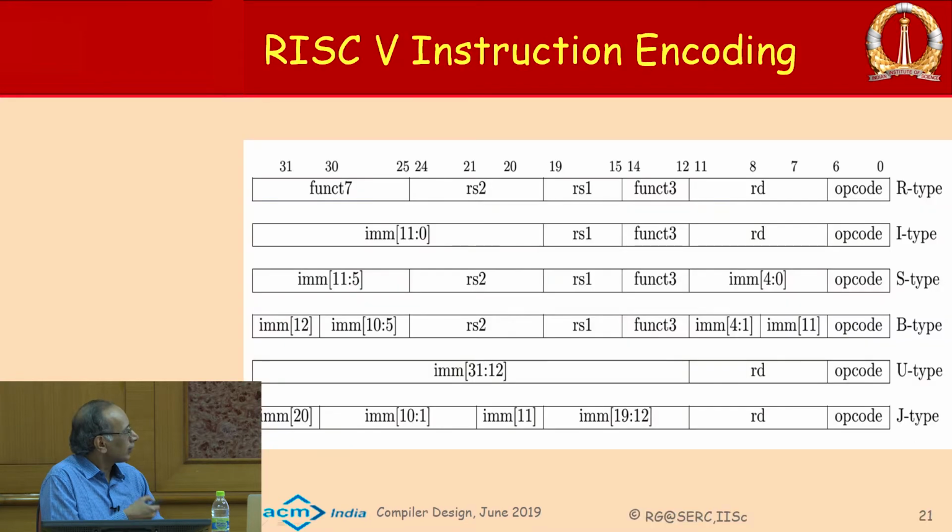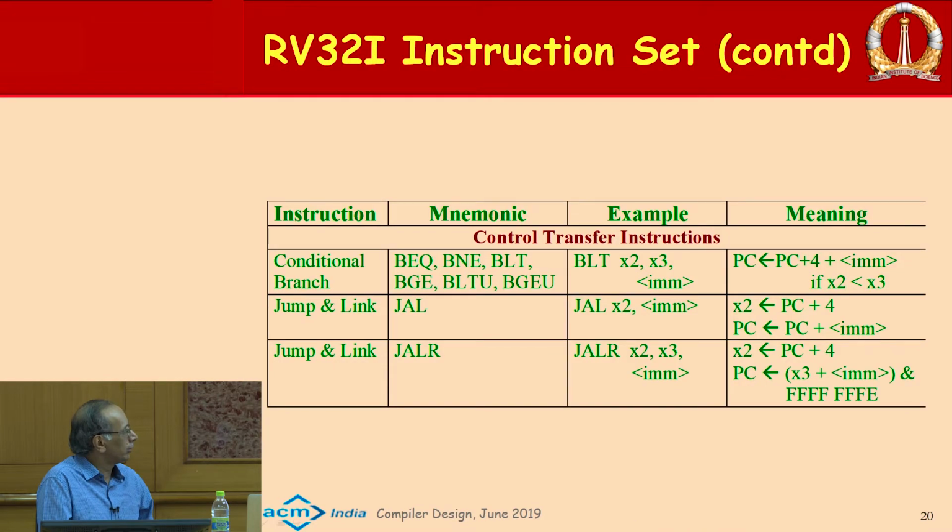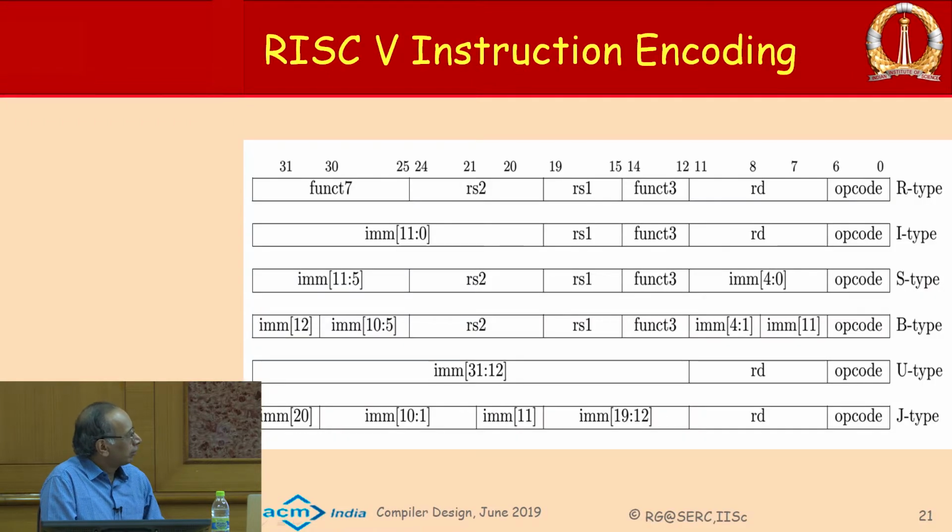Now, we talked about these instructions having these operands and other things. When you write it as an assembly instruction, you write something like this, right? But when this goes as machine code, and how the machine understands this instruction, that is what we call instruction formatting. RISC-V, for example, supports these various formats. We will not spend time trying to understand each of these formats, but let us quickly look at